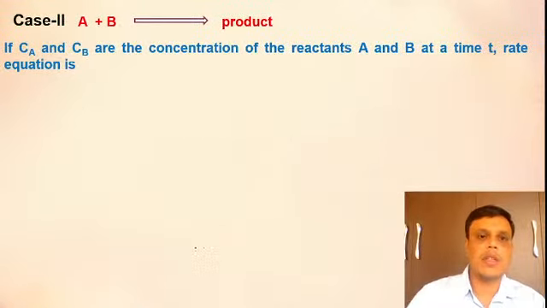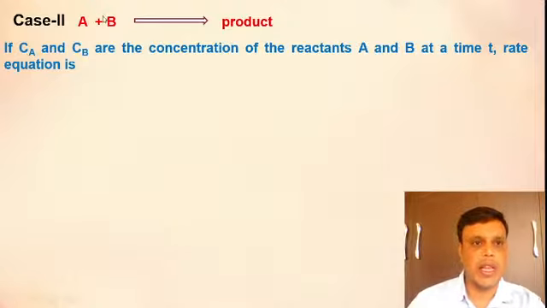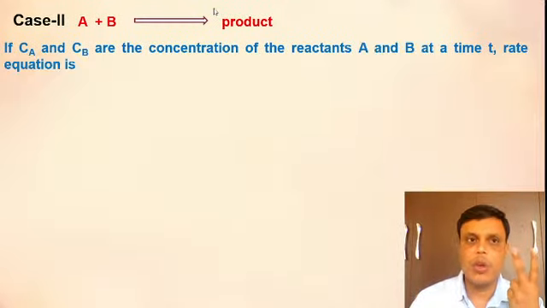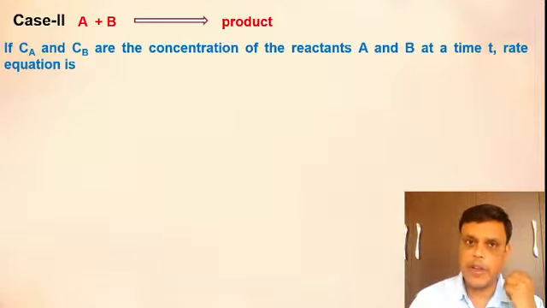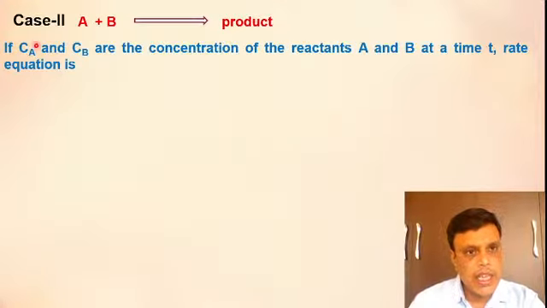Okay. Now we will start with case number 2, and case 2 is A plus B gives you product. Here in case 2, two different reactants are there. Please remember this. And if Ca is the concentration of reactant A and Cb is the concentration of reactant B